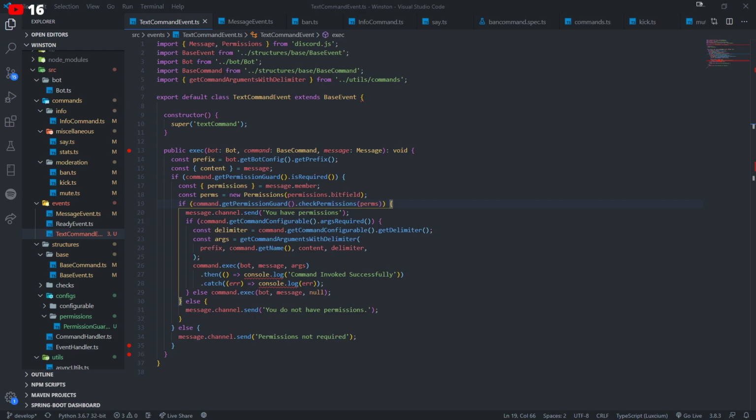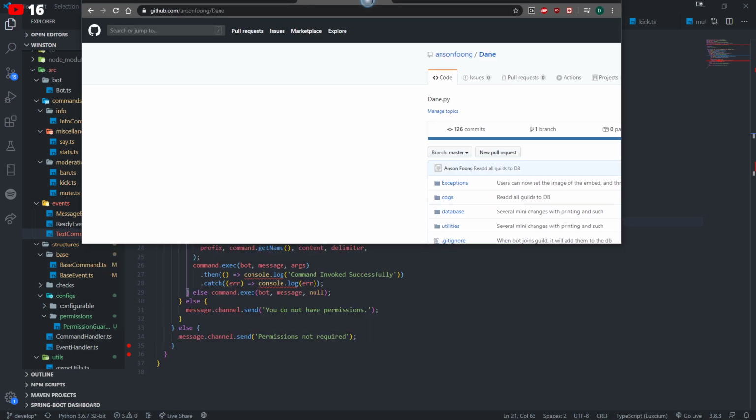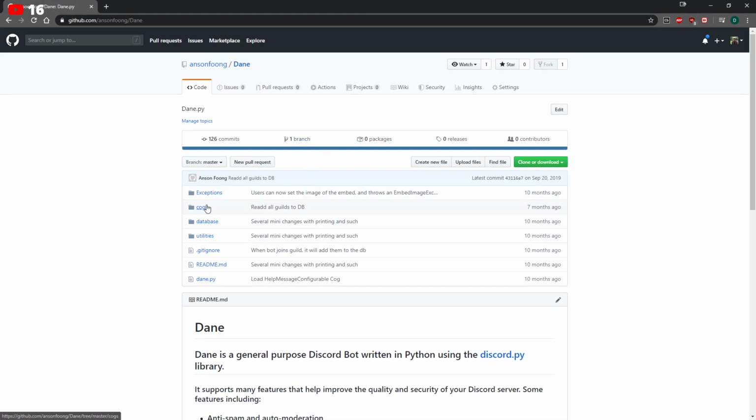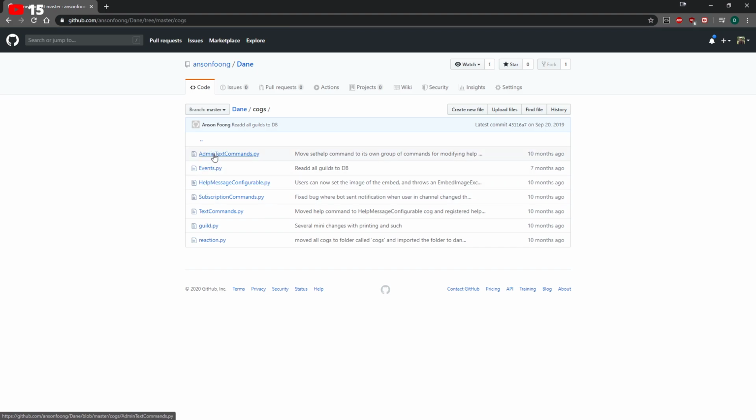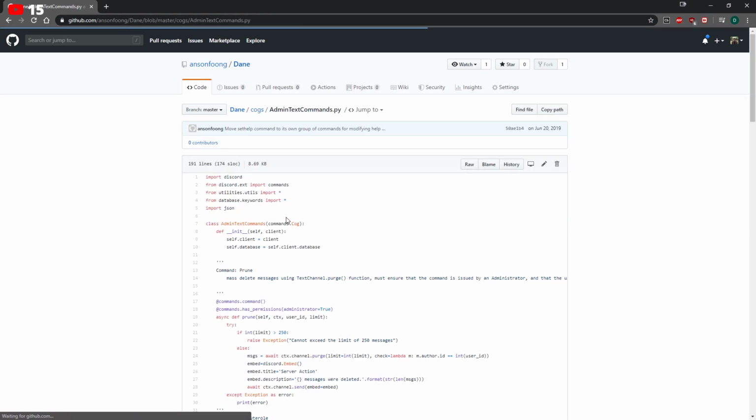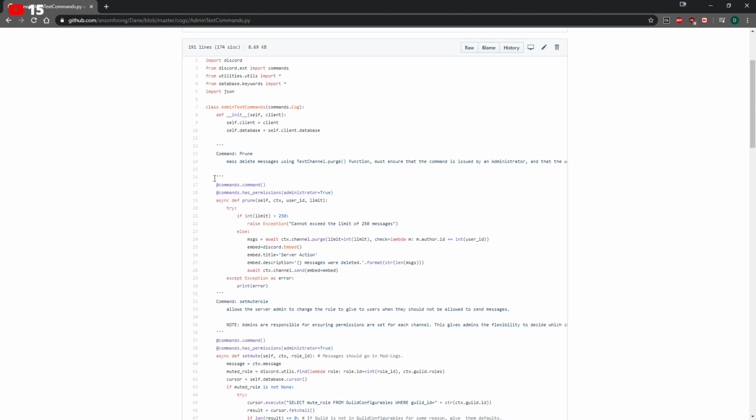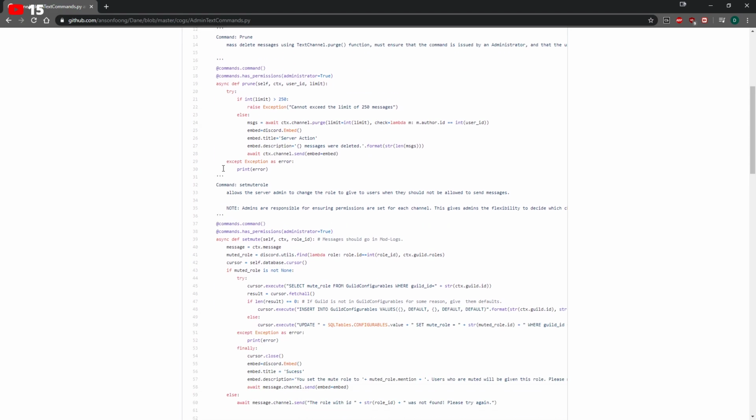I need help thinking of ideas to code commands. Honestly, let me look at my old bot, and maybe I can give you some ideas for some commands. This is probably the largest bot I've ever worked on, but there's so much that I forgot about, because I worked on this months ago. But what I would say is you can create a prune command, a command that deletes certain messages from a specific user.